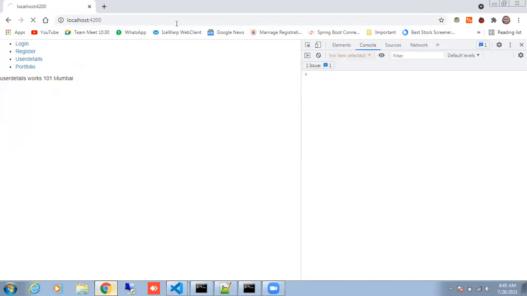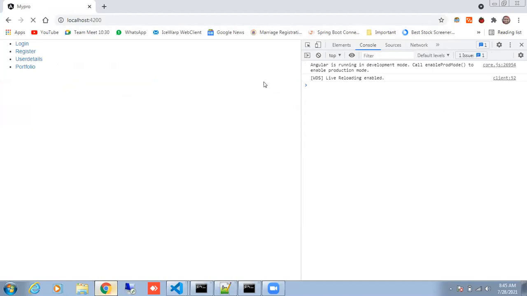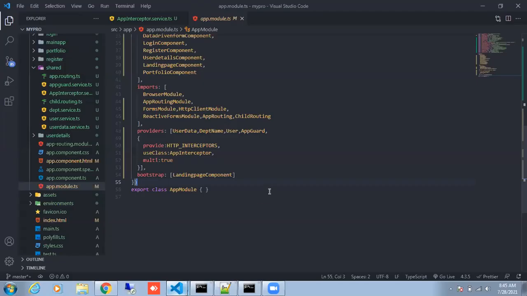Can you do one more important thing here? No, here it won't work like that. Can you go back to the code? Here, rather than using landing page component, you write app component.